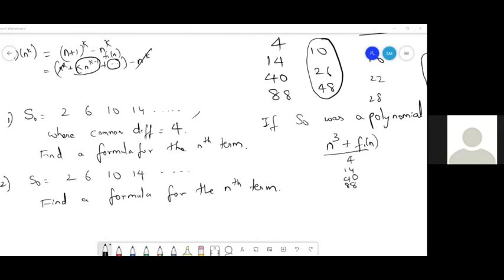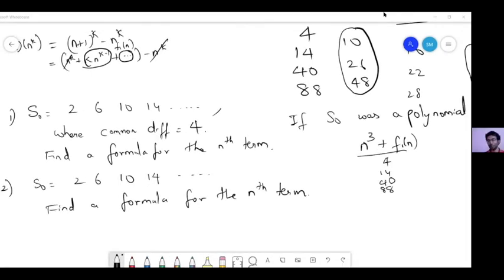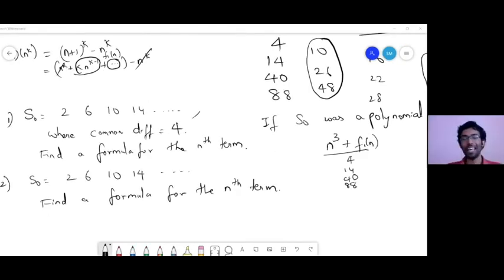Yes, correct. The tricky thing is the sentence where the common difference is equal to 4. That's what is making all the difference. It is specific. In the first question, the entire infinite sequence is completely specified, since it is a simple AP. But for this monstrous sequence which Jagdish sir gave, 4, 14, 40, 88, 156, it is not so easy to specify the complete sequence at once.